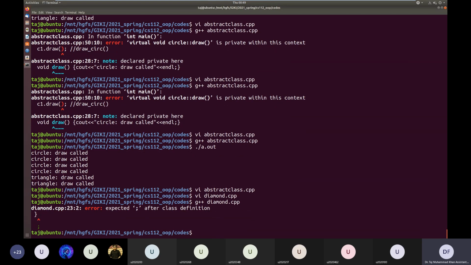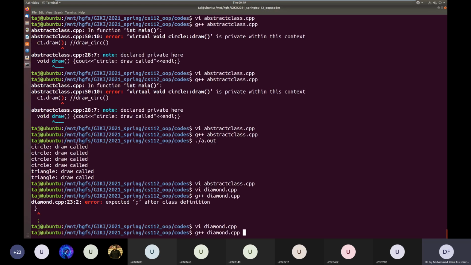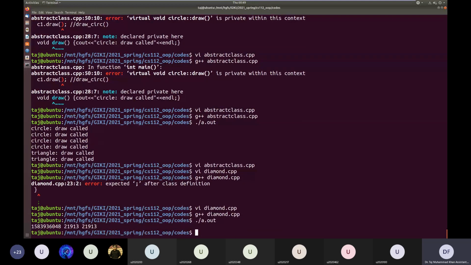Oops, line number 23. Okay, so garbage values, but still we have shown that from the object of class D, we can access its own member variable D as well as inherited member variables from class B and C.